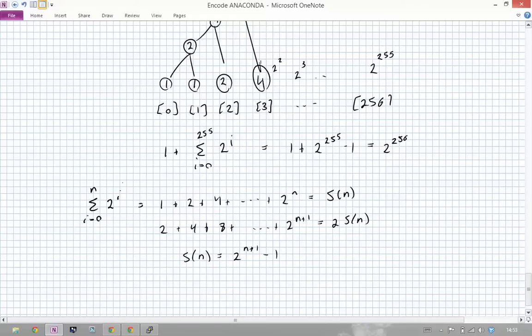Right? So if I focus on this bit here, I see that that is precisely the form that I have here, where n is 255. And so what is this, 256 right here? Yeah. So I apply the formula with n equal to 255, then this guy is 2 to the 256 minus 1, which is that part right there. I have an extra 1 in there, which happens to cancel nicely with these two guys. And so just to achieve the worst case scenario, I need a file with 2 to the 256